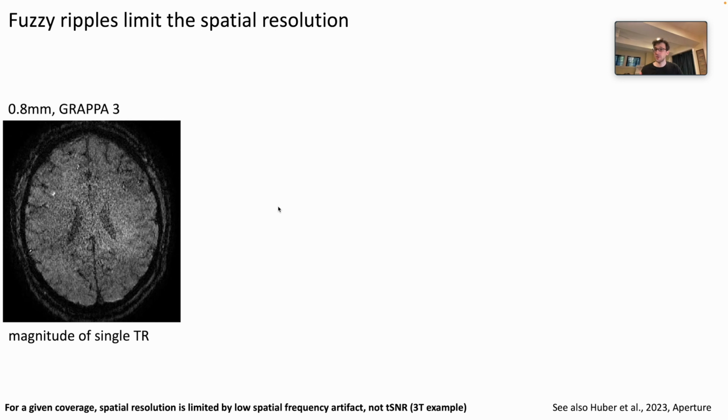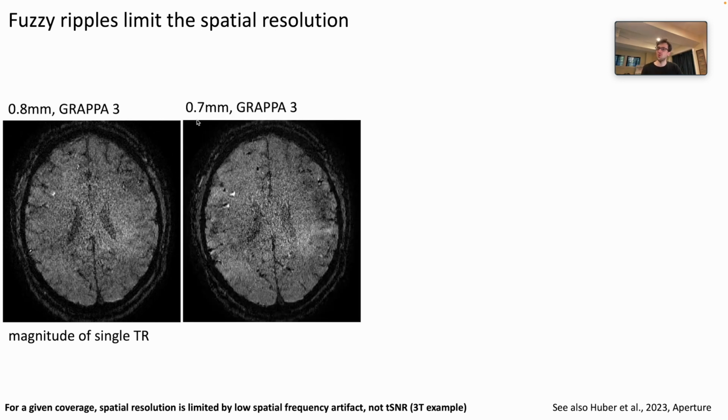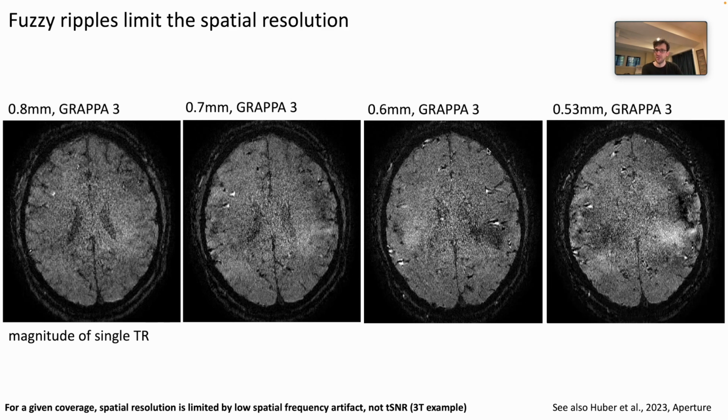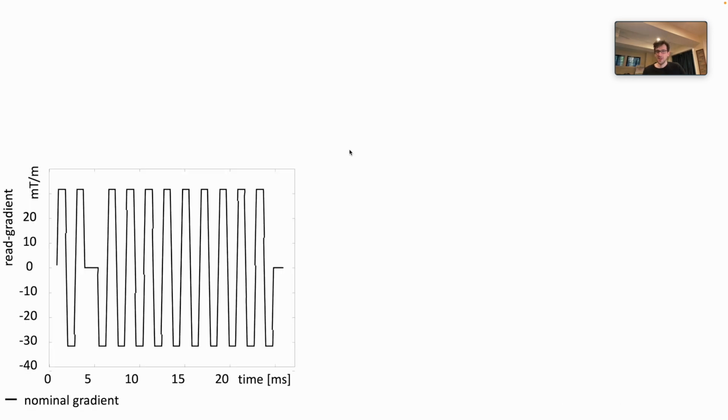Or similarly for the spatial resolution, when I take a conventional 0.8 protocol and push it to go to 0.7, 0.6, 0.5, again, I end up with unusable data, not only because of salt-pepper noise, but mostly because of the fuzzy ripples. To explain where these fuzzy ripples come from, let's look at an EPI echo train, where we have